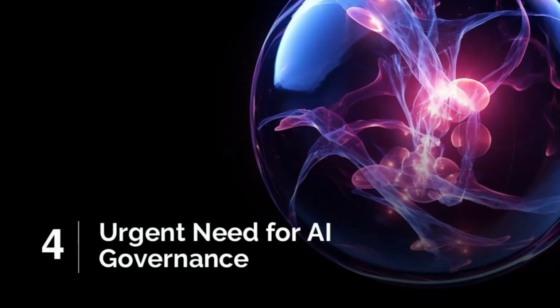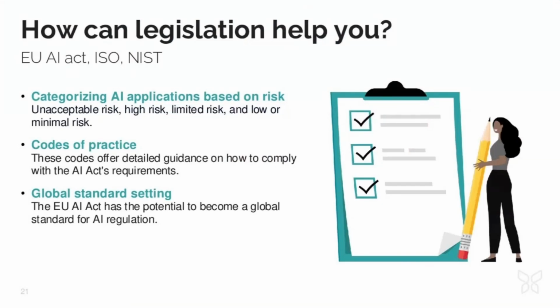As you see, there is a clear and urgent need for governance. And this is where frameworks like NIST or ISO and legislations like the EU AI Act help. Often complying to these frameworks is seen as a burden, but actually these frameworks are here to help us and guide us to implement AI in a responsible way.